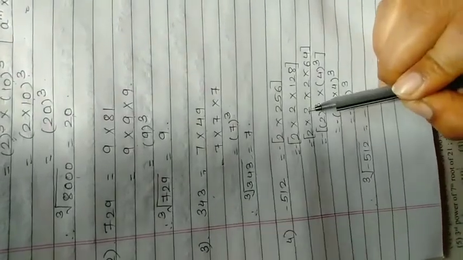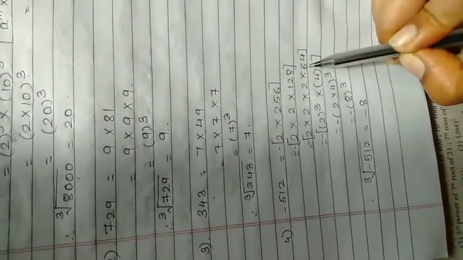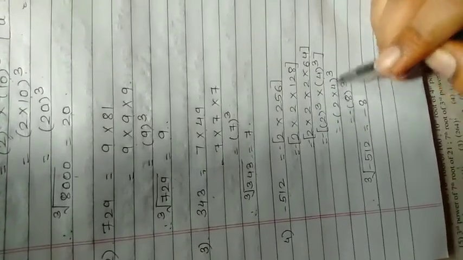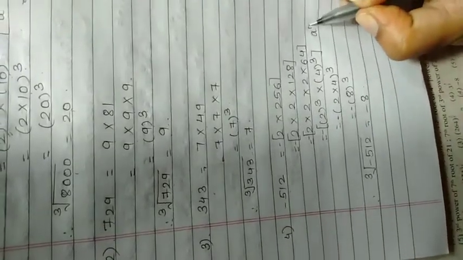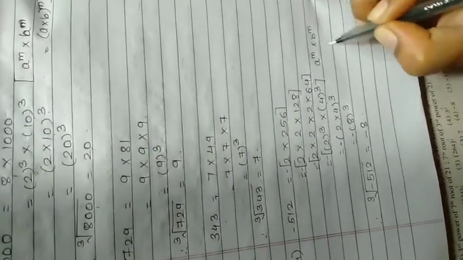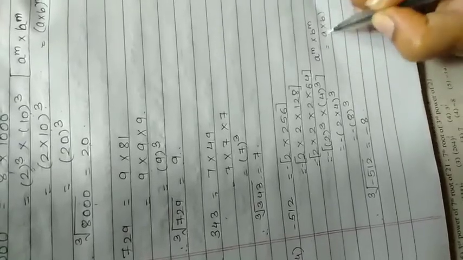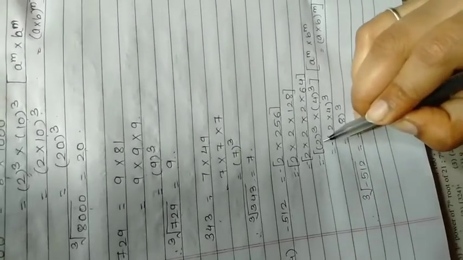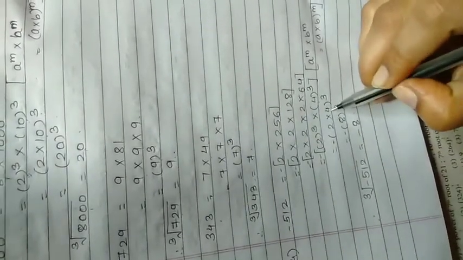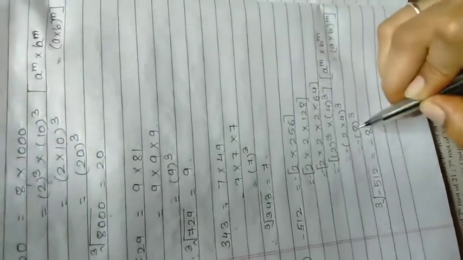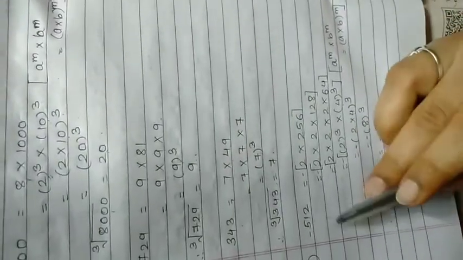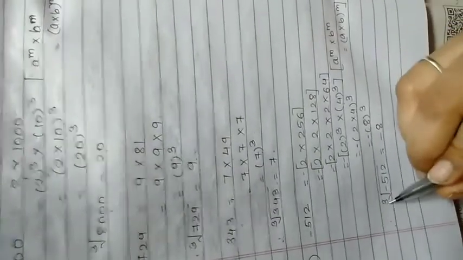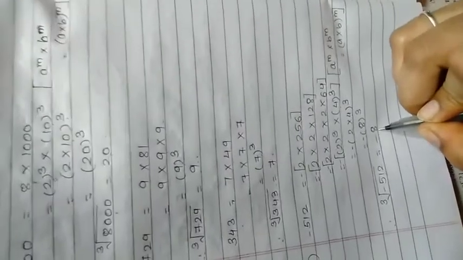So here we get 2 multiplied by 2 multiplied by 2, 3 times, and 64 is cube of 4. 4 4s are 16, 16 4s are 64. So again using the same law of indices, a raised to m cross b raised to m is equal to a cross b the whole raised to m. So base is multiplied, that is 2 multiplied by 4, the power is 3. 2 4s are 8. Everywhere there is a negative sign because the value given to us is negative. So the answer will be minus 8 raised to 3. So the cube root of minus 512 is minus 8.